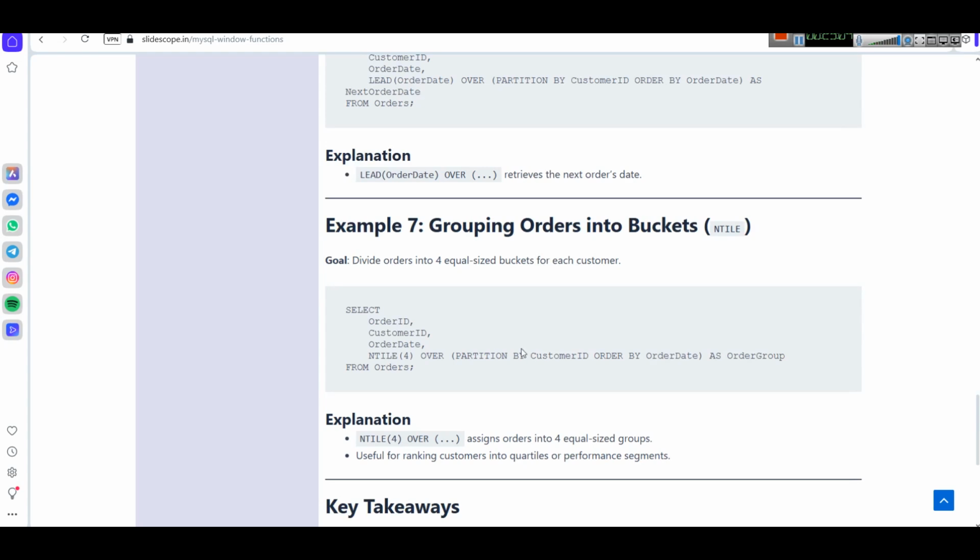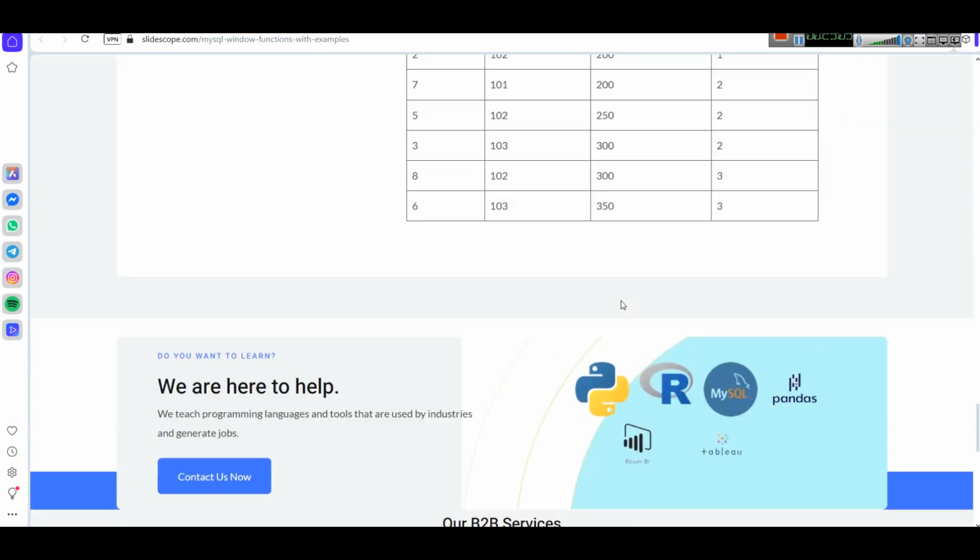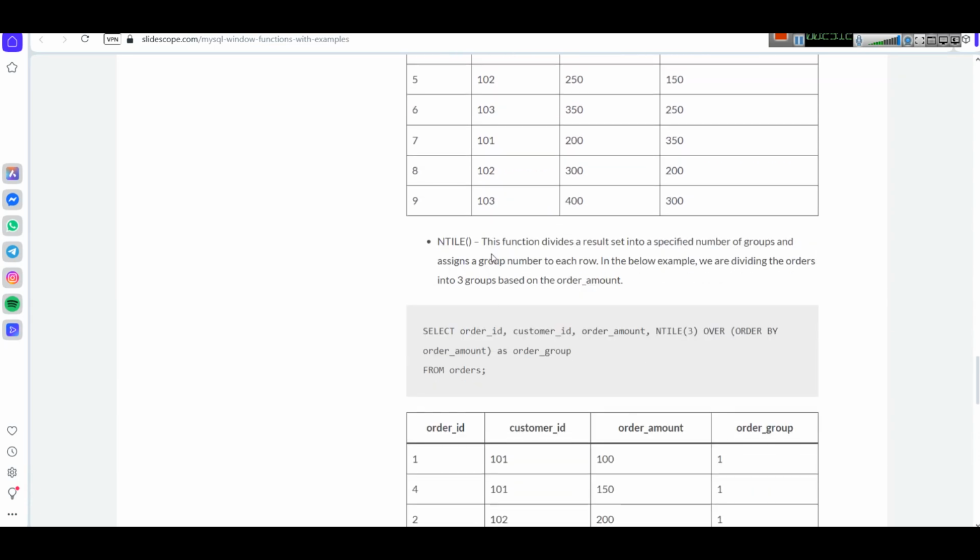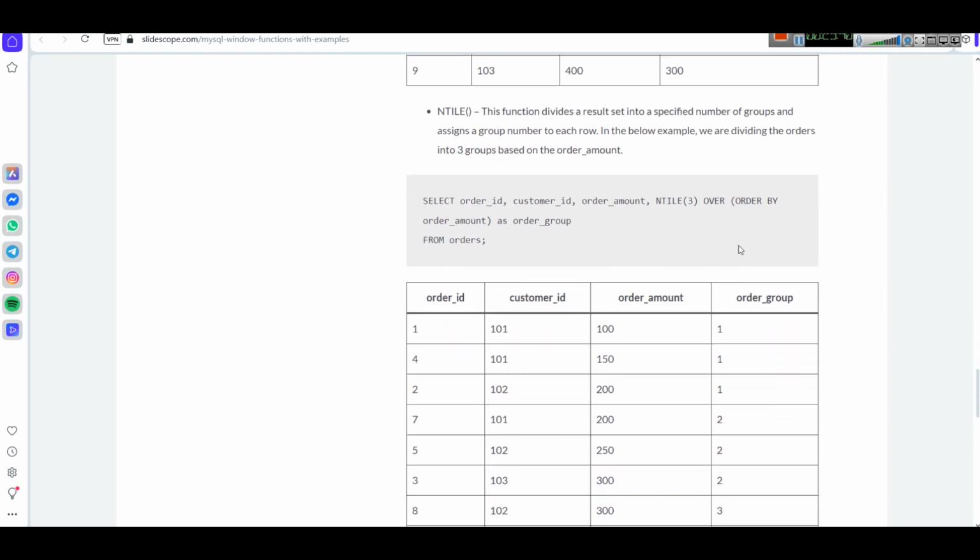NTILE, grouping orders into buckets. Here also we have given examples. This function divides a result set into a specified number of groups and assigns a group number to each row. Okay. So first let's see the example. In the below example, we are dividing the orders into 3 groups based on the order amount. So here you can see in NTILE, you are doing OVER ORDER BY order amount as order group